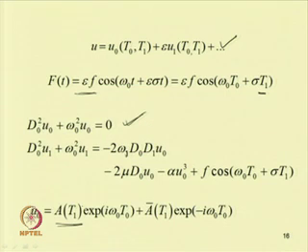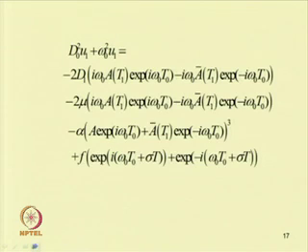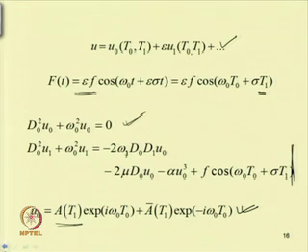So, you can write this as a function of t 1, t 2 and higher order terms, only taking up to t 1. So, you can write u 0 equal to a(t 1) e to the power i omega 0 t 0 plus a bar(t 1) e to the power minus i omega 0 t 0. So, substituting this equation in this equation, we can write these terms: d 0 square u 1 plus omega 0 square u 1 equal to minus 2 d 1. So, as this is a function of